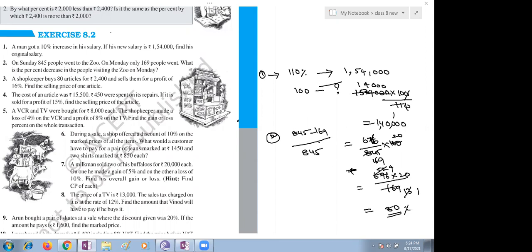So on what amount are you supposed to find the 15%? 15% of 15,950. Find the selling price. You can find it, children, as usual. Any doubt, please let me know. I can do it on the screen. Just a minute, ma'am, I will find it. Yes, we will do it on the screen. Cost price of the article, how much is given, Satvik, in this?